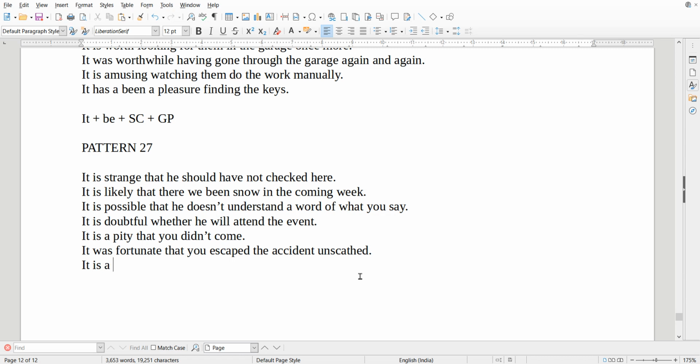It is a mystery where that book can have gone. This is a very special structure, but it's expressing an imaginary possibility. Basically, it's expressing a possibility. Yes. Right. And the structure is, I'll rush through these forms because I want to complete it. It be